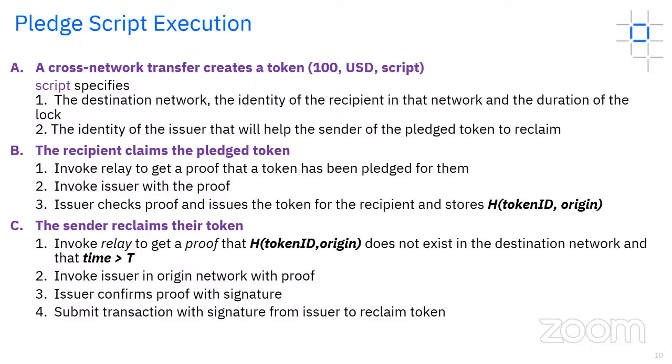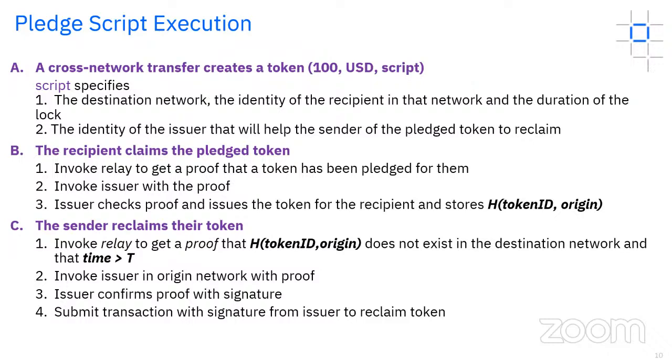the relay is more for the network of Bob, and they will get a proof that the token they have pledged does not exist. This check is very important, because we have to make sure that this relay service sends this proof of non-existence after the timeout elapses. So the relay service will send a proof that says, yes, I checked the ledger for this hash of token ID origin after the timeout has elapsed, because otherwise you could imagine Alice going to this relay service before,